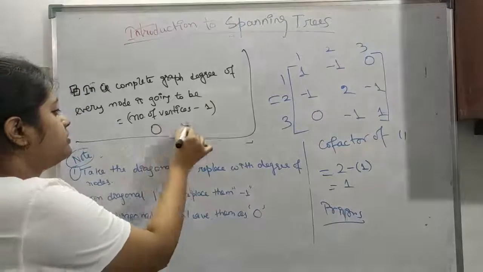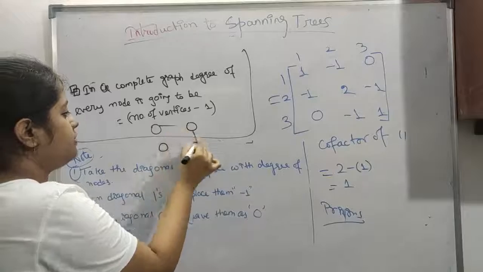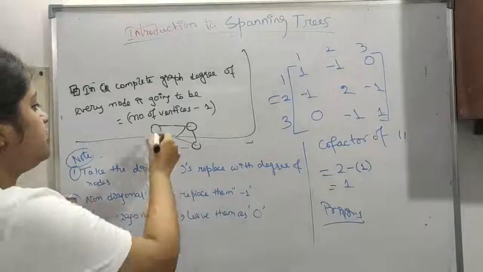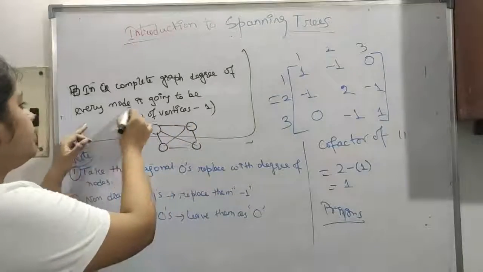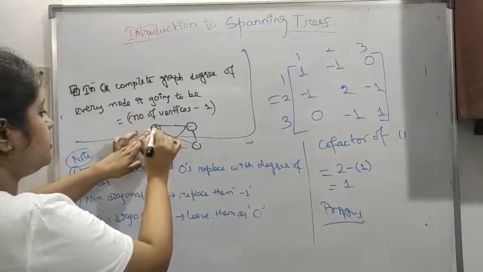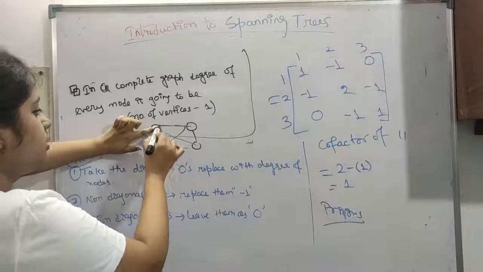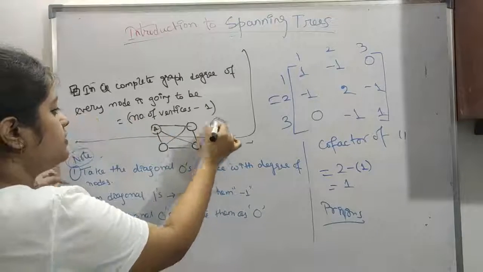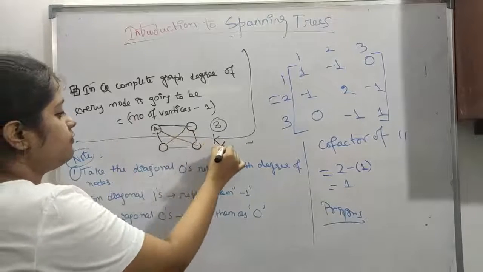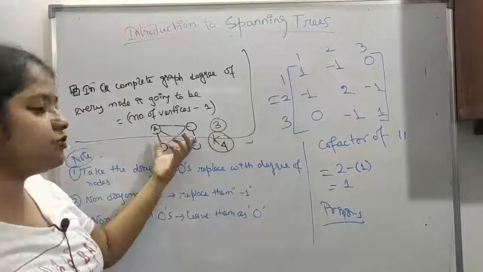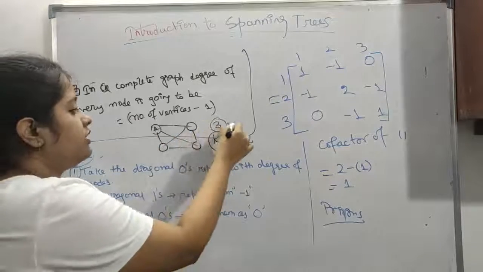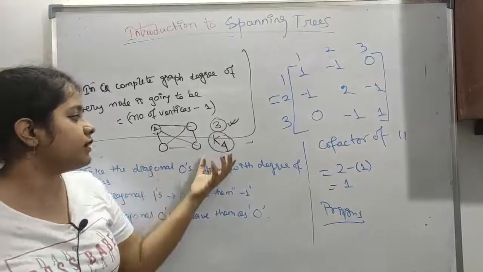See, you can always draw a complete graph, and in this complete graph, the degree of every node, let's say we have to find the degree of this node. So 1, 2, 3, this is 3. Every node will have 3 only, so this is actually K4. 4 nodes are there, and it is a complete graph of 4. So every node will have degree 3. So you can just come to this.